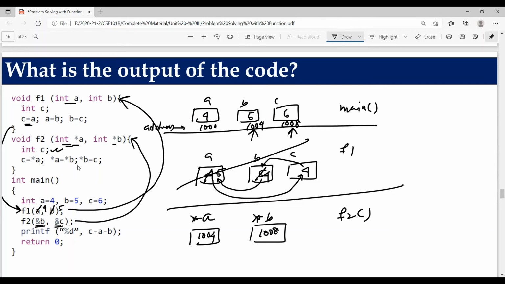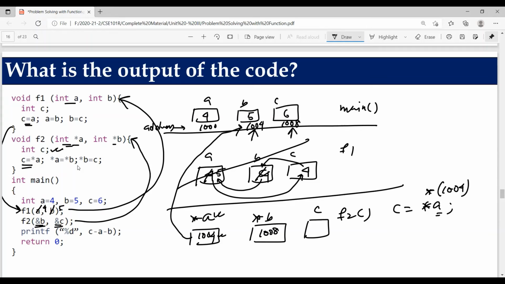A simple variable C is declared over here. So let's declare a variable C. Next, what are we writing? C equal to value at A. What is A? A is a pointer. What is the value of that pointer? 1004. So what is 1004? The address of B. So now what are we saying? We are saying, what is the value at this address?